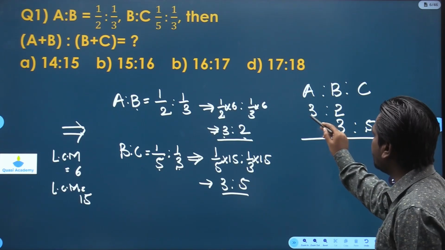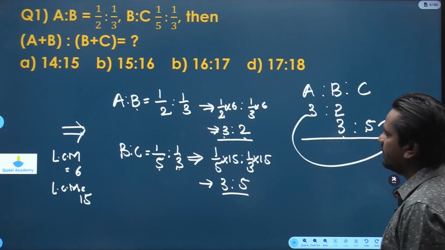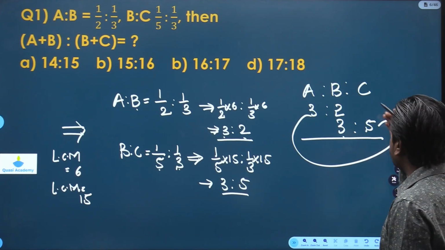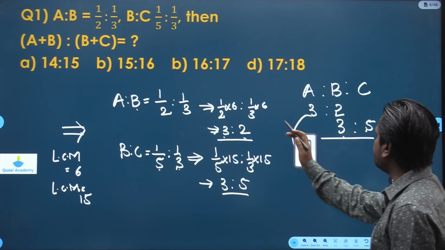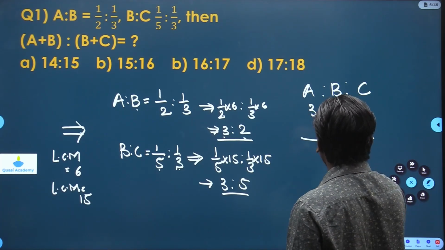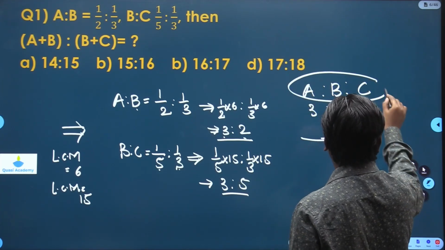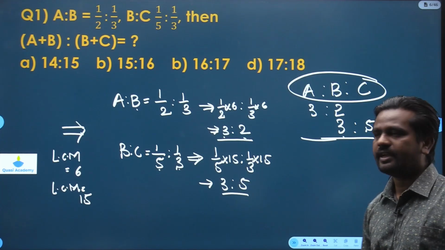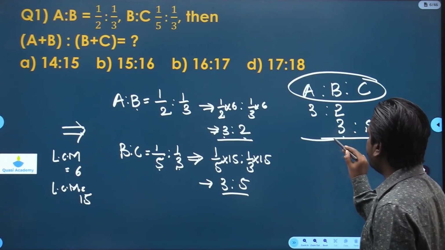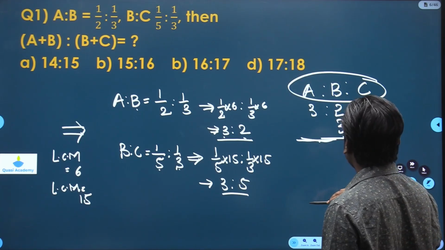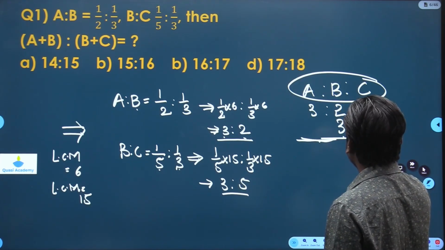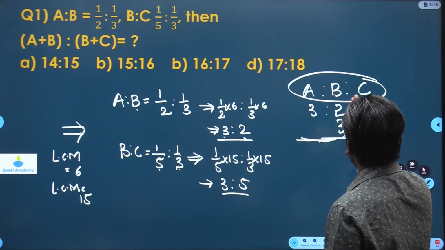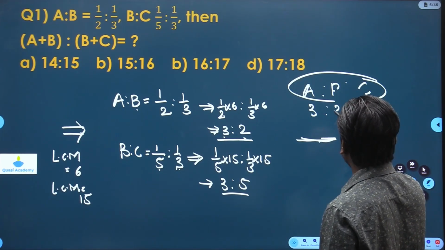So can we find the relation between A and C? How to find the relation between A and C when these three are in proportion? Then we can find the relation between A, B, and C. How to do it? You just multiply this by 3 and multiply this by 2, or just simply you write